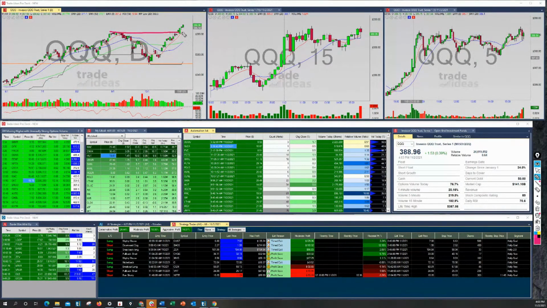But we've taken this out. We've taken that level out now. We're comfortably above it. Would it be reasonable to say we're going to come back and test this? I think so. I think it's very reasonable. Every fund manager in the world is looking at that. Everybody with a real big account that can move markets is looking at that line now. So I think that's the line in the sand to look at.